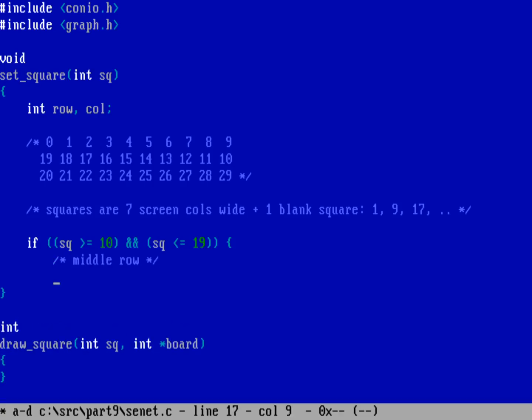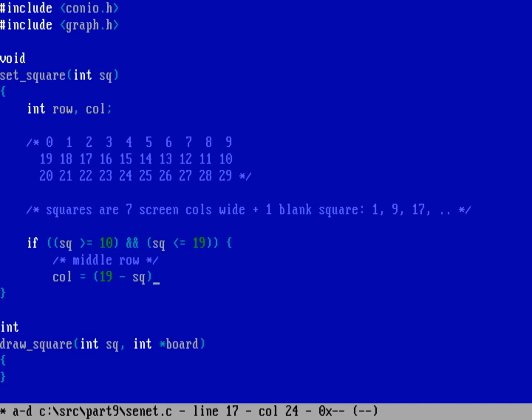And so that means it counts backwards. So my column needs to be, counting backwards means it's 19 minus the square. Because that means I want to get it down to where it's counting up from 0, 0, 1, 2, 3, 4, 5, 6, 7, 8, 9. And so 19 minus 13 will give me 6, right? 19 minus 12 will give me 7. So I'm doing this 19 minus the square will give me a number that's going to count up from 0